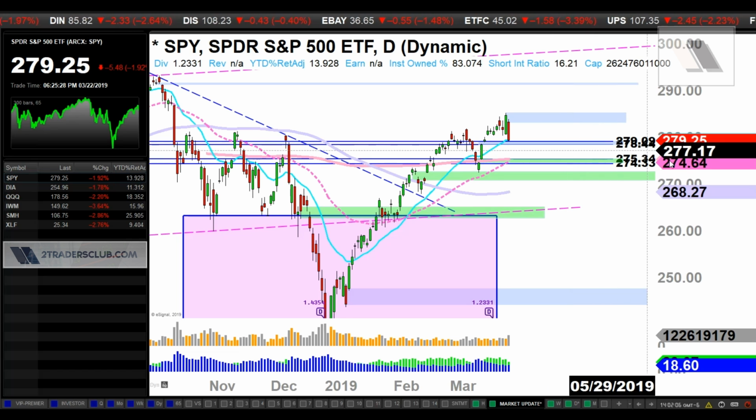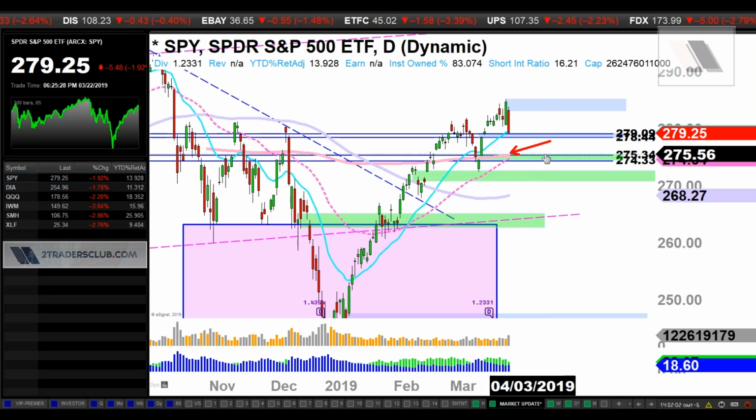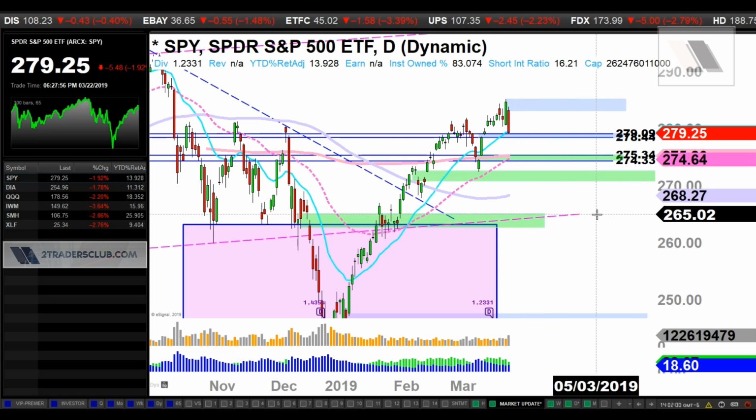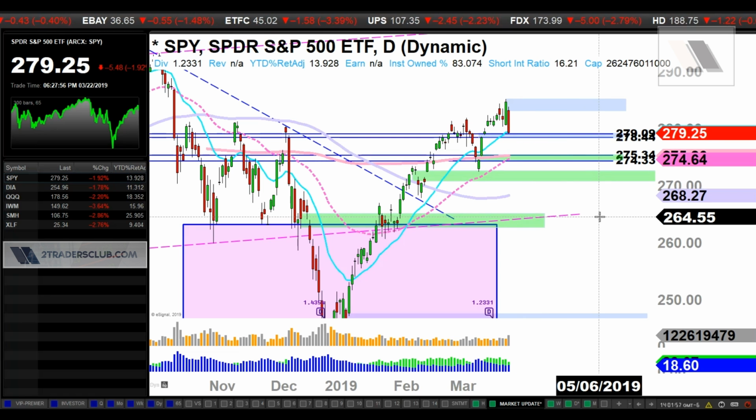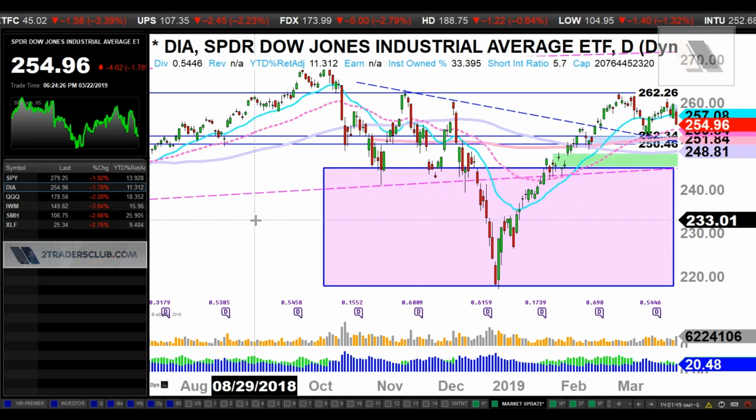But we do have these gaps, right? We got the small gap here for now. And we got the 250 MA there, so I think 275, 274 could hold in the short term. So let's follow up again next week and see how these levels hold or how the market has been behaving, and we'll go from there. Let's go to the diamond, right? Diamond